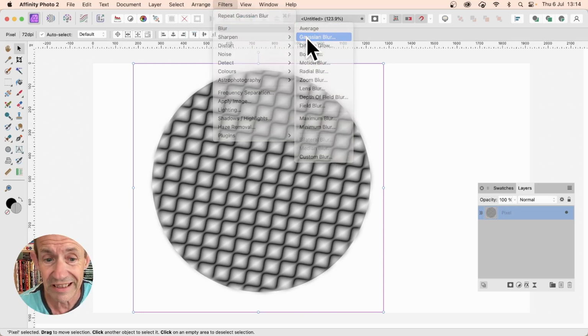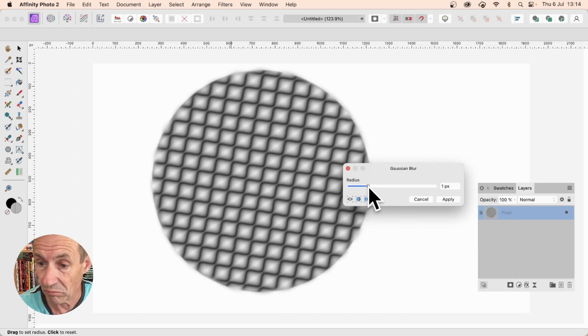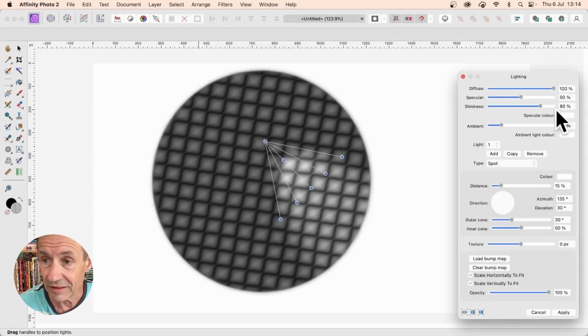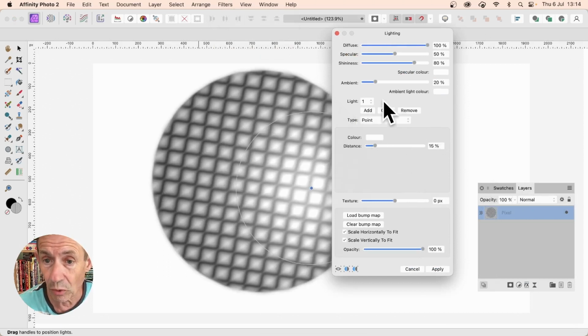Filters, Blur and Gaussian Blur. Maybe not that much, but just about one or two. And that just creates a smoother design. So click Apply. Then Filters and down to Lighting. And instead of using Spot, use Point maybe. Or go for,